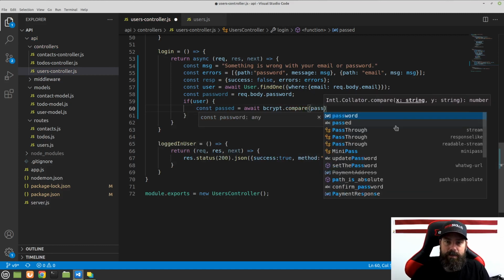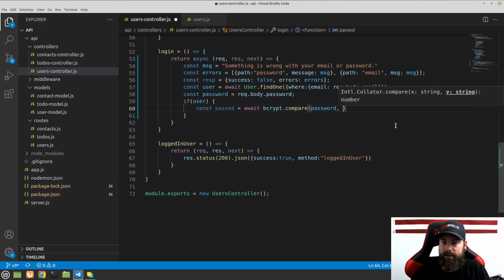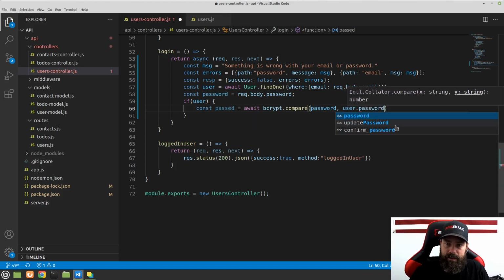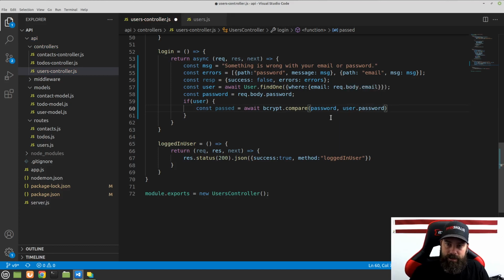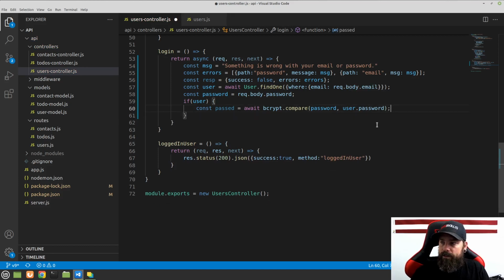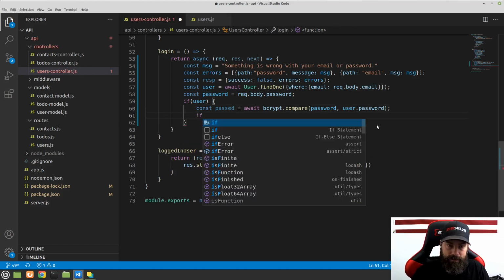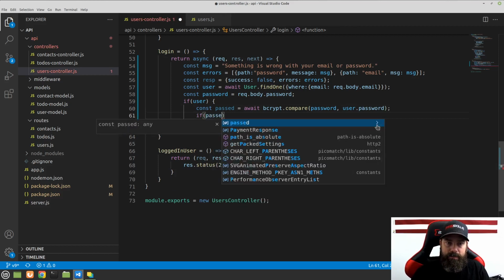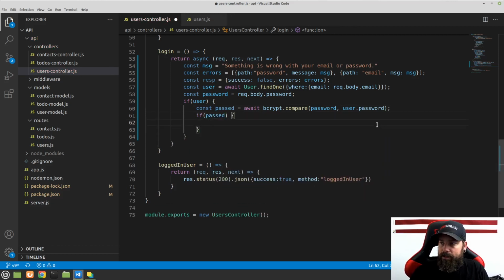We're going to compare the plain text password that's submitted to us with the user.password as the second. So bcrypt is going to compare these two, and it will tell us if it passes or not. So that will return a Boolean. Then what we can do is say, hey, if that password check passed, then we can continue on here,